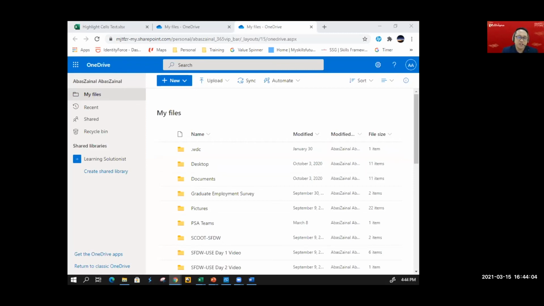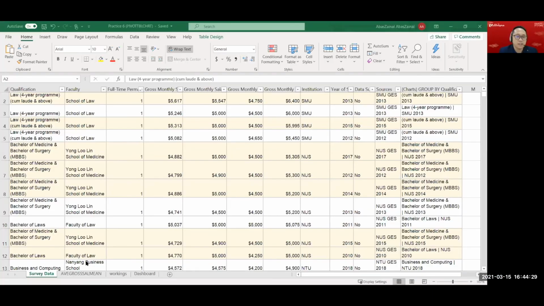Okay, somebody said they want to see the result of the pivot table. No problem at all. I'll be more than happy to share with you. Just give me a minute. Let me just share my screen with all of you here. Stop sharing for a while, and I'm just going to share my screen with all of you. Take a look here, right? So this is the result here.